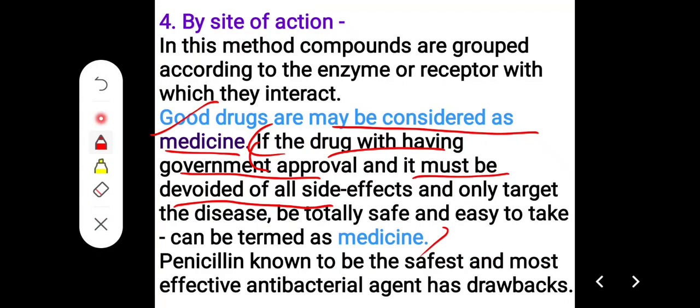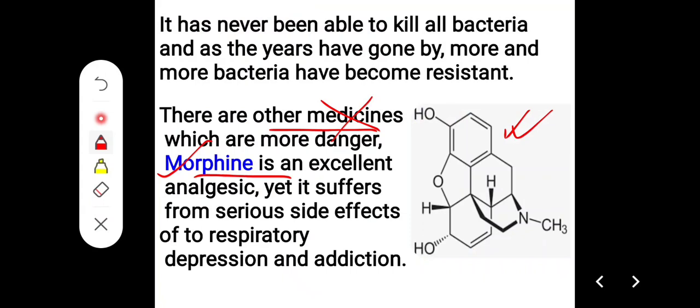Okay. Now good drugs may be considered as medicine if a drug has government approval, it must be devoid of all side effects. If it has side effects, they should be negligible, not so much, but only target the disease and be totally safe and easy to take, and that is termed as medicine. Penicillin is known as the safest and most effective antibacterial agent, but it has some drawbacks, because it is not able to kill all bacteria. As the years have gone, more and more bacteria have become resistant, able to protect themselves from